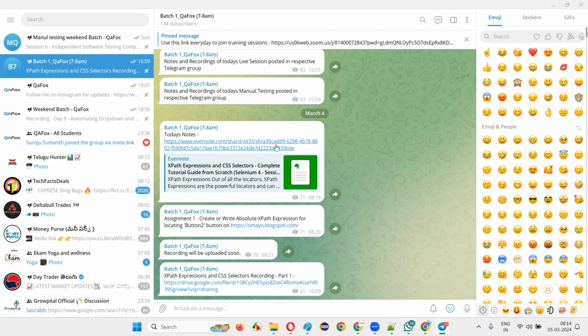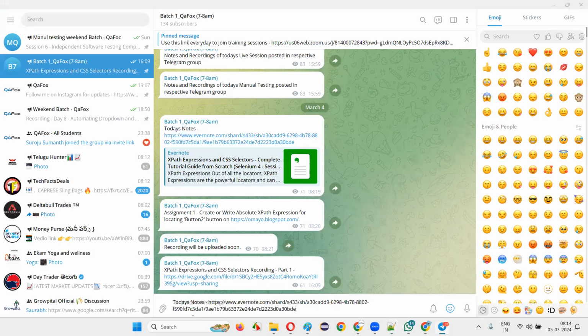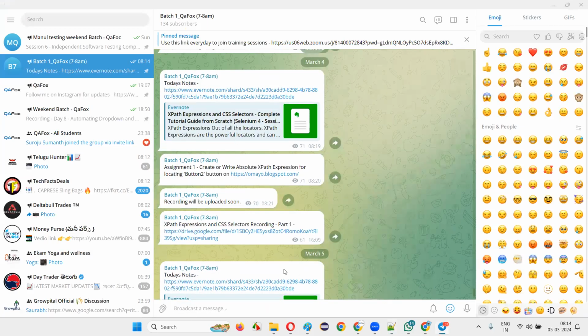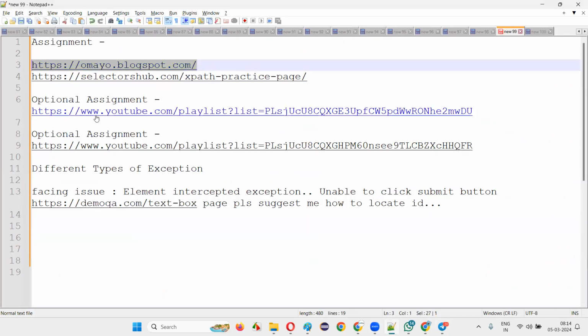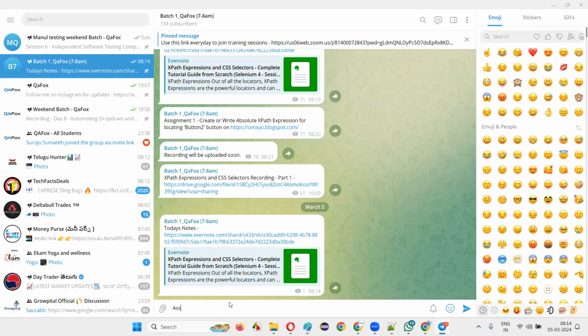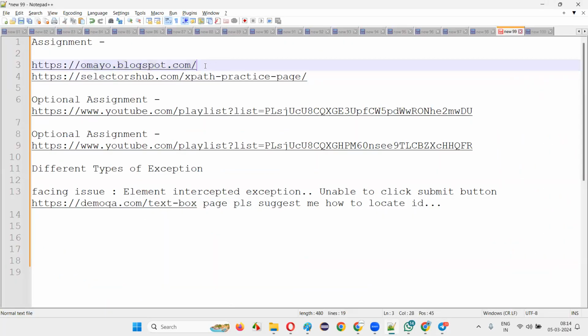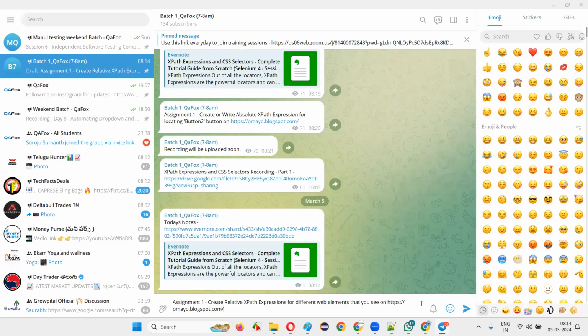Okay, today's notes, same notes. I don't have any practical code here, but I will give you the assignments today, guys. The assignments are all about these things. Create assignment one. Assignment one: create relative XPath expressions for different web elements that you see on this website, umaya.blogspot.com. Assignment two is